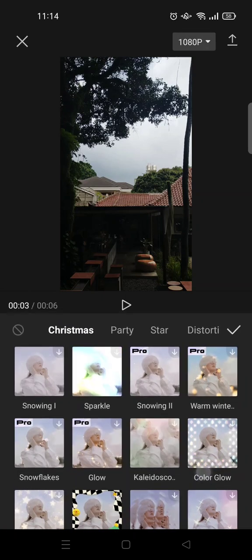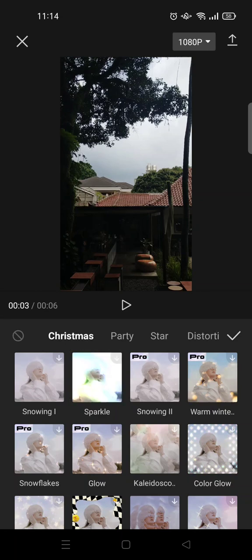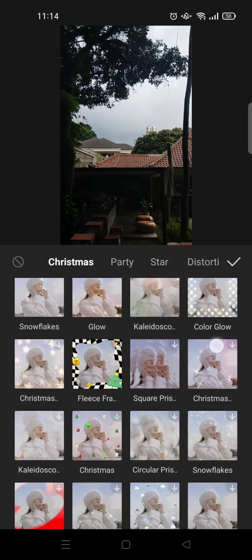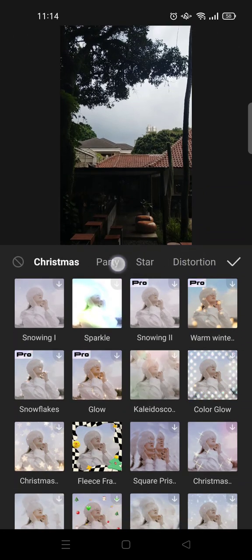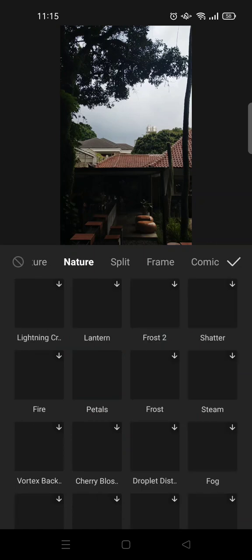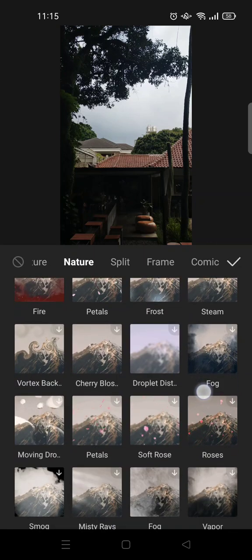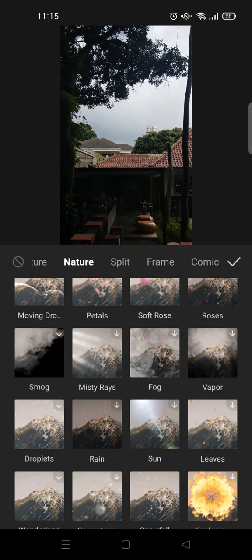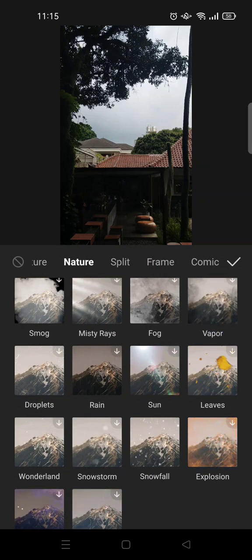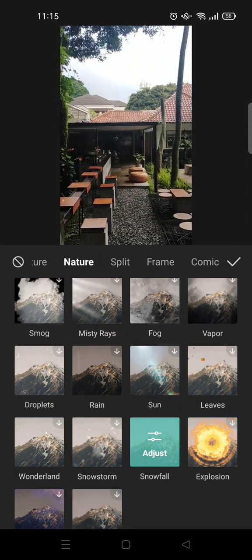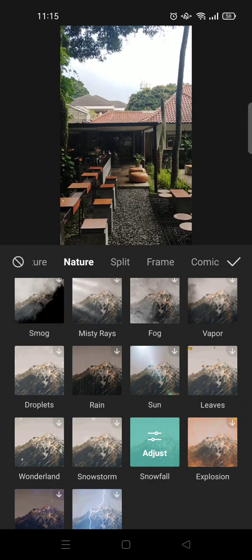And here you can see there are so many snow effects that you can choose: snowing, snowflakes, snowing too. And you can also find the snow effects under the nature category, so you can just choose which one that you think fits your video the best. So I'm going to try the nature first. In here you can see there's a snowfall option like this,